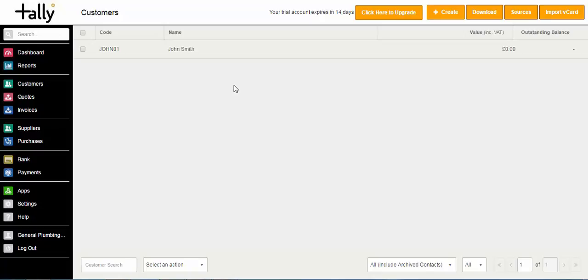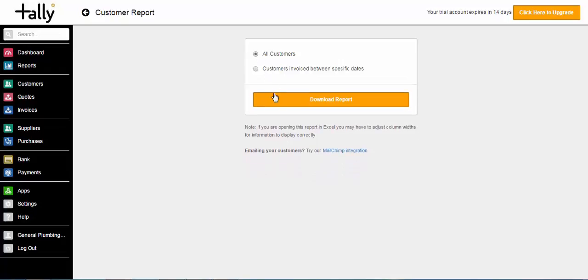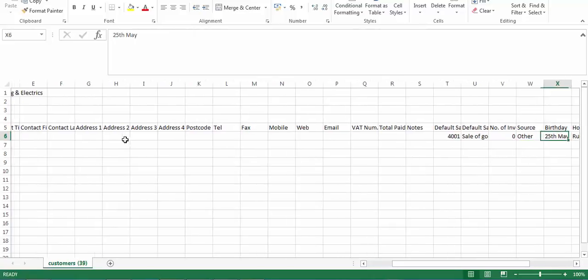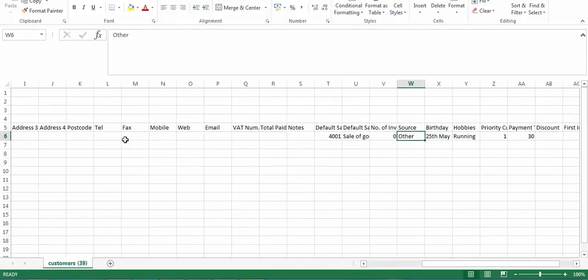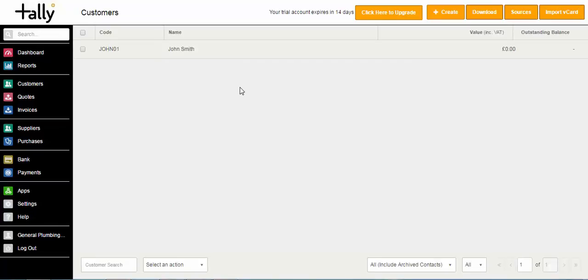Whenever you want your customer list out into Excel, you have the option at the top of the screen just to click download. So when I click download, I can choose customers I've created between specific dates, but if I just download all of my customers and hit the download report, all of my customers will just be taken out to Excel, and all of the information that I would have had listed in their customer record has come through. So we can see those different sources I put in here, so their hobbies and birthdays, etc., have all come through out onto this spreadsheet,